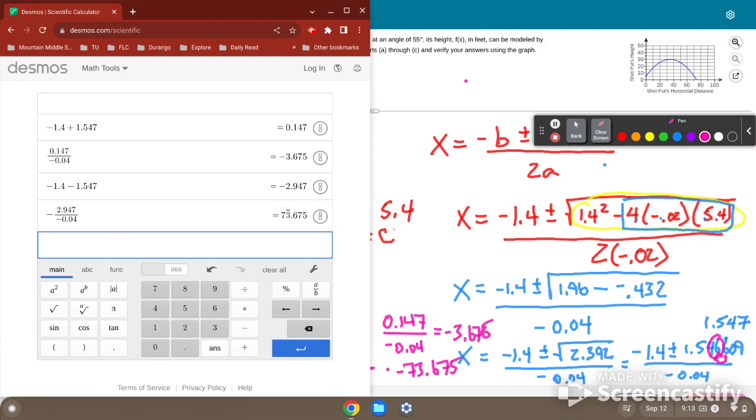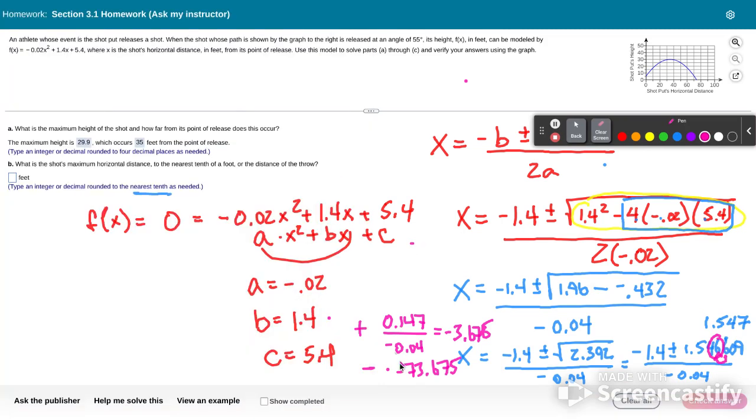No, that was right. It's not negative, it's positive. My bad. There we go. So there's my mistake. This is positive 73.75. So when we pull the graph back up and we take a look at that, we can see that